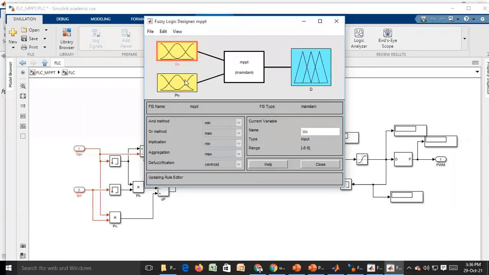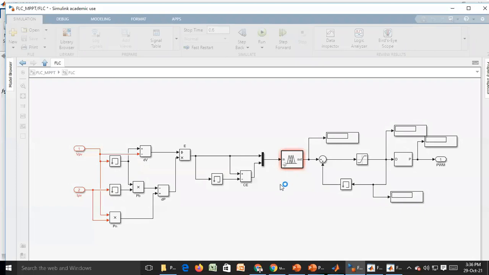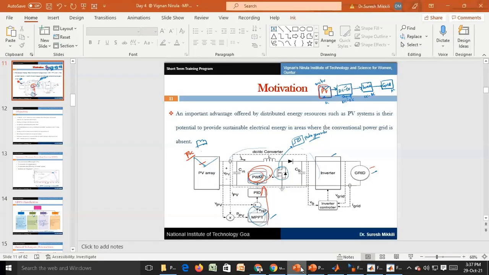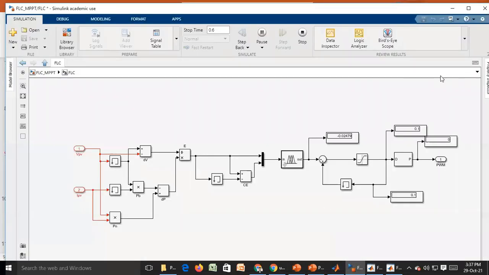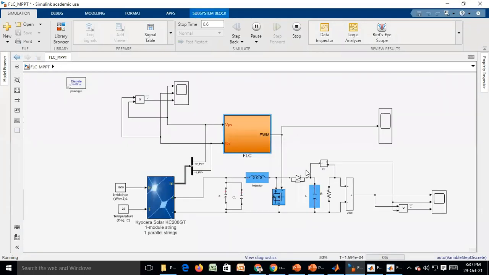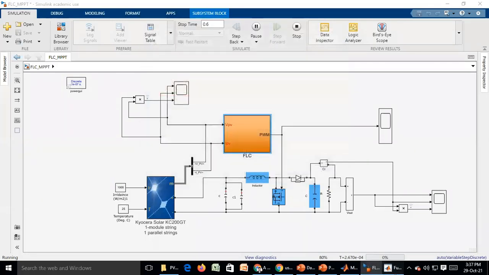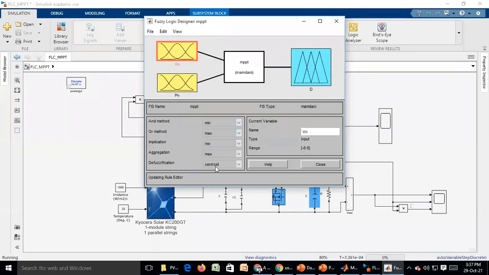How to design them, I will tell you later. I'll explain one by one. Now, what will happen? You can run the model. Without exporting, if you run, it will not work. Without calling that function, it will not run. Now it is running, you see, I have called this function. And here you observe, for defuzzification I have considered the centroid method, aggregation is maximum, and implication is minimum operators.